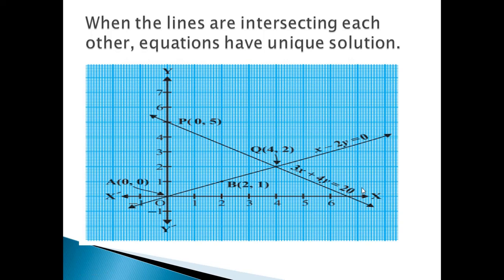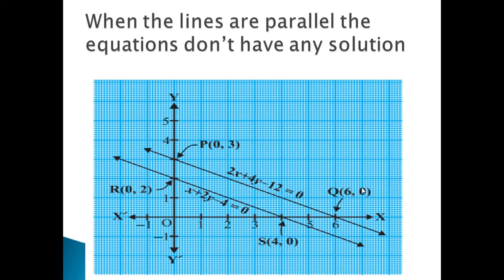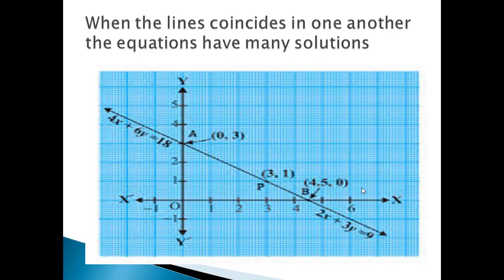That means one solution. The two lines obtained by these equations are intersecting at a point. They are called the solution for this equation. They are unique solution. Intersecting lines are obtained like this, wherever it is on the graph sheet. These two are parallel lines obtained by plotting these two equations on a graph chart.